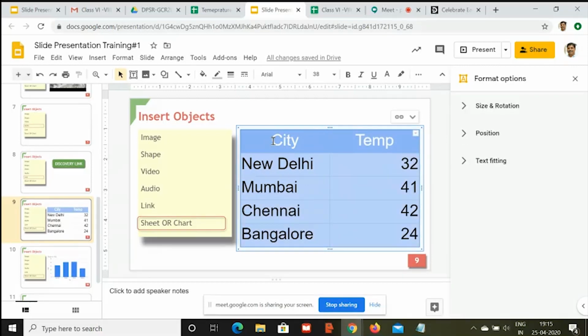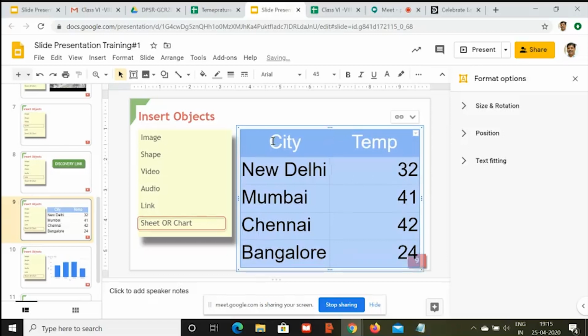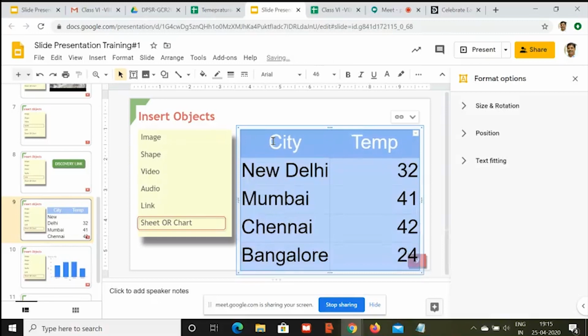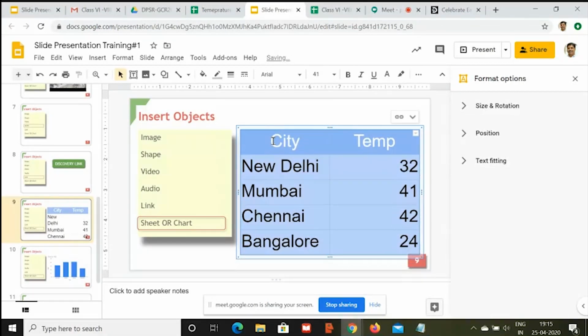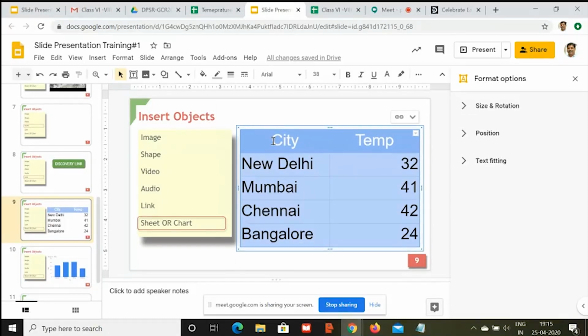Once it is done, you note down this, you have to press Control, Shift and greater than sign if you want to increase the font. And you keep repeating that step, Control, Shift, greater than sign. It will keep on increasing. And if you press Control, Shift and less than, you will keep on decreasing the font. So you don't use your mouse for increasing or decreasing font. You are making use of your keyboard keys, Control, Shift and greater than for increasing the size of the font, and Control, Shift and less than for decreasing the size of the font.